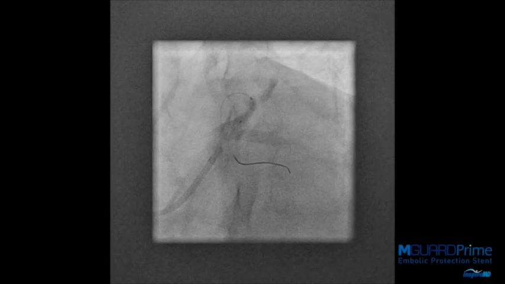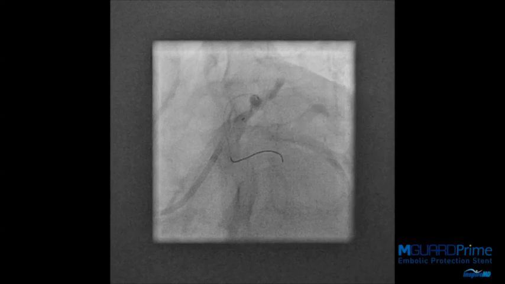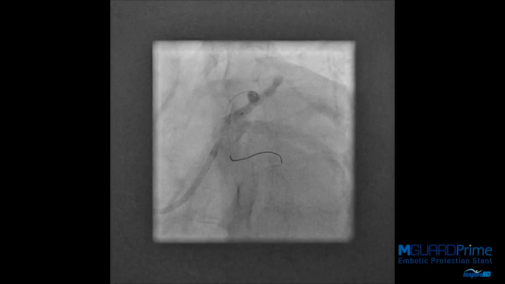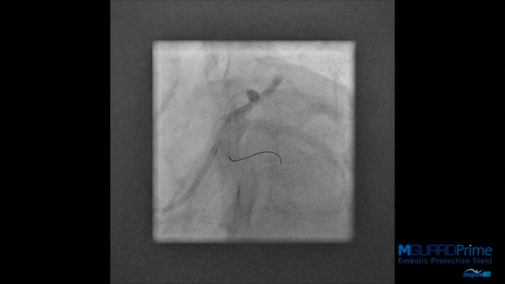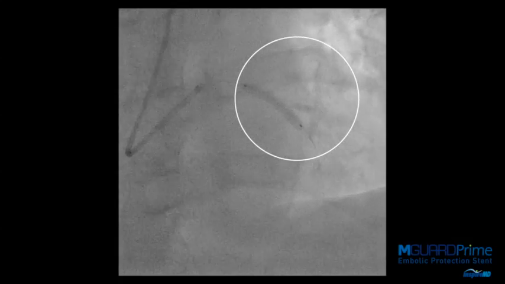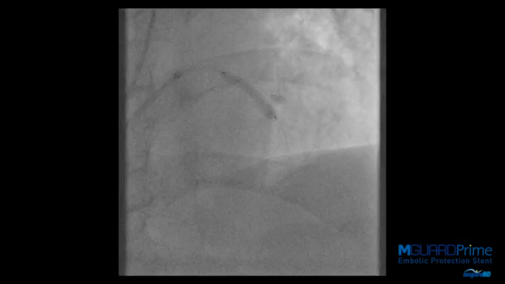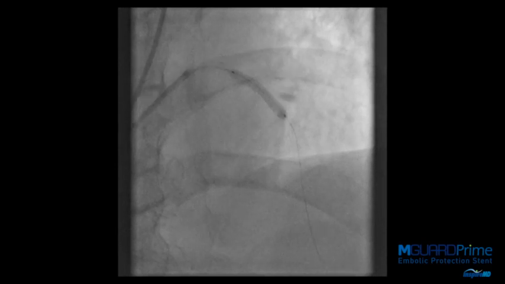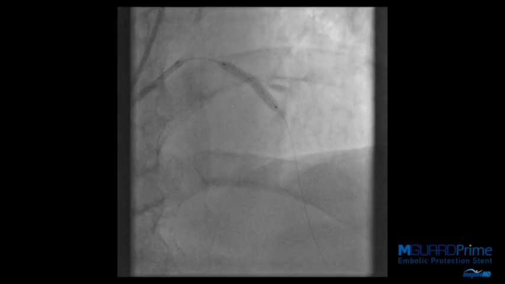So in this spider projection you can see that we've positioned the MGuard stent across the origin of this large diagonal branch, but the proximal end is clear of the circumflex. Inflation of the 4mm MGuard in the proximal LAD. You can see some dye trapping in the large diagonal. This looked small, so we inflated the balloon to fairly high pressure,